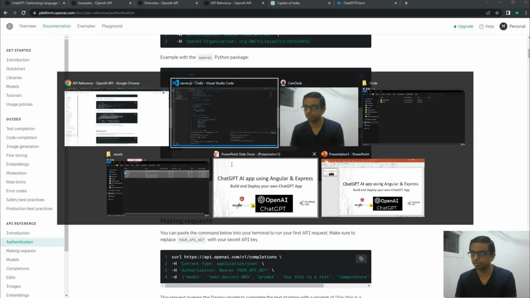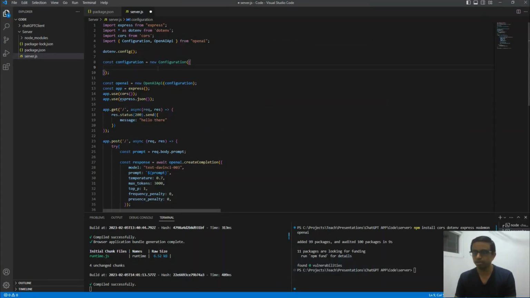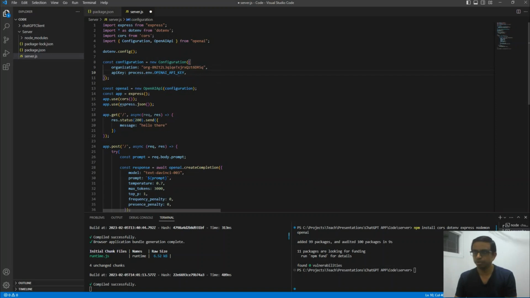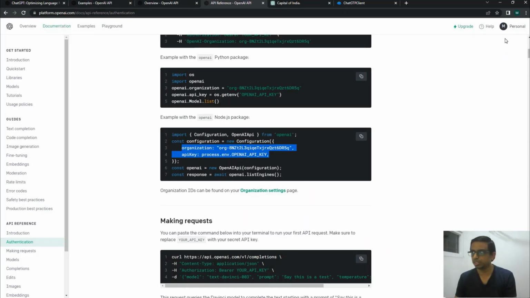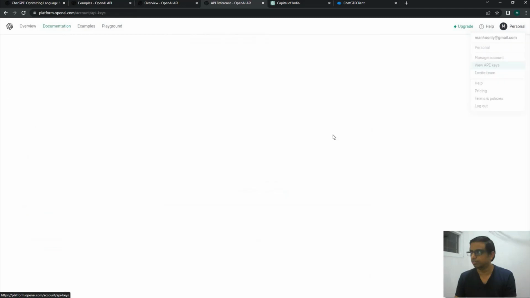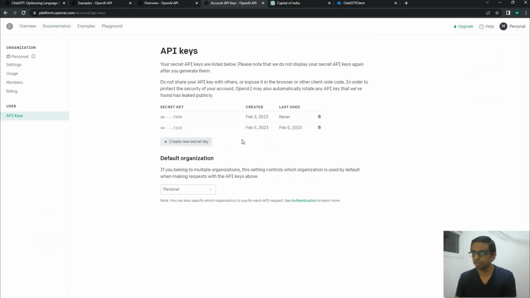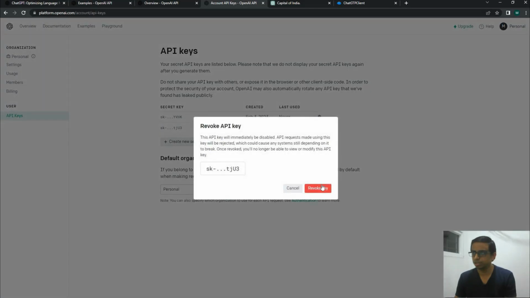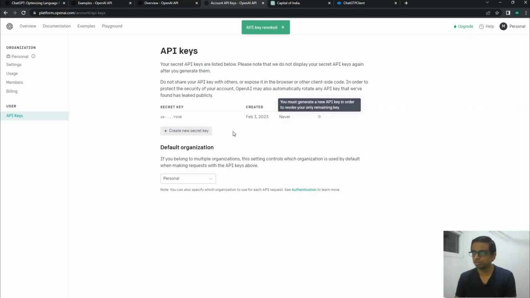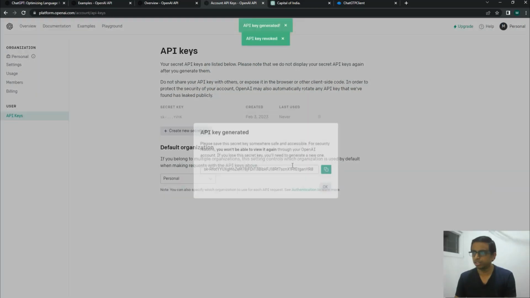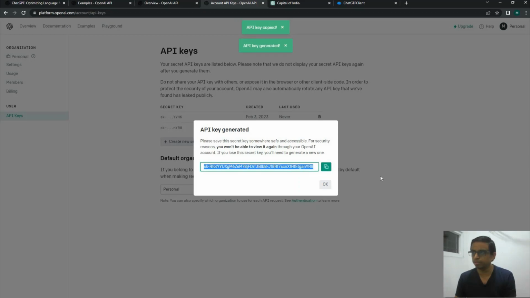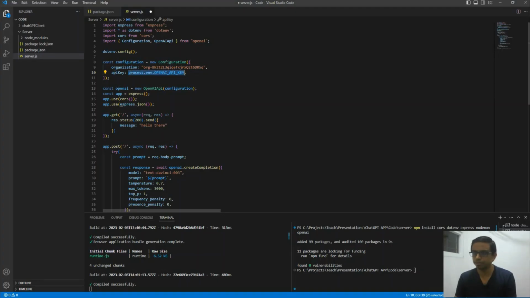So first we'll copy this one and put it here, and we have to put the OpenAPI key, which we can get from our view API keys, and we can remove these APIs, create a new key, copy this key here and paste that key here. So let's do that,